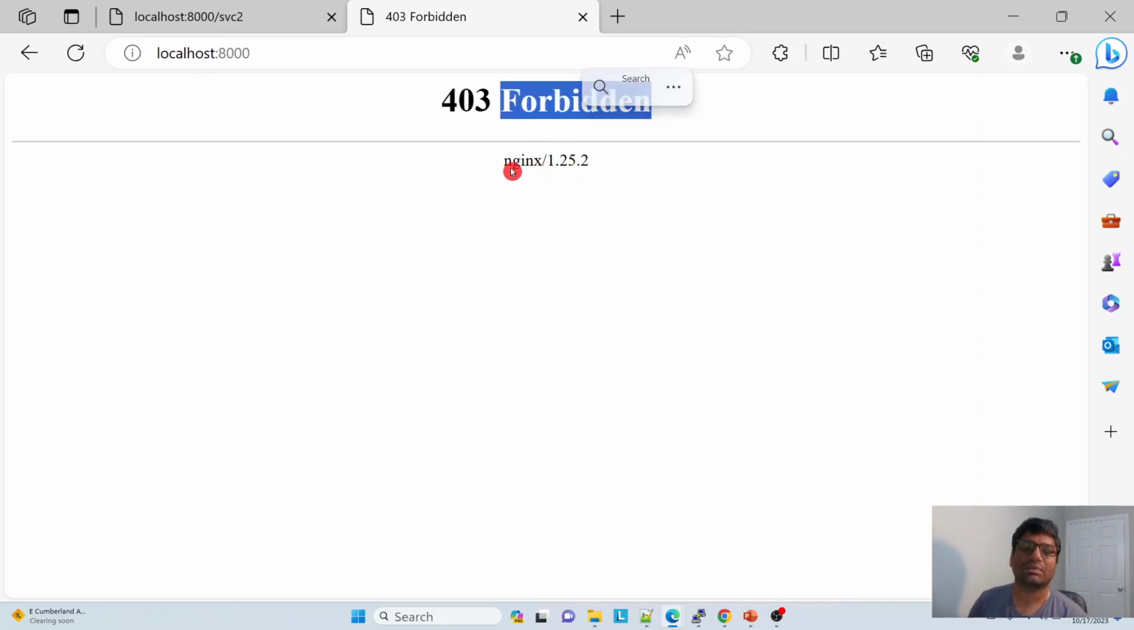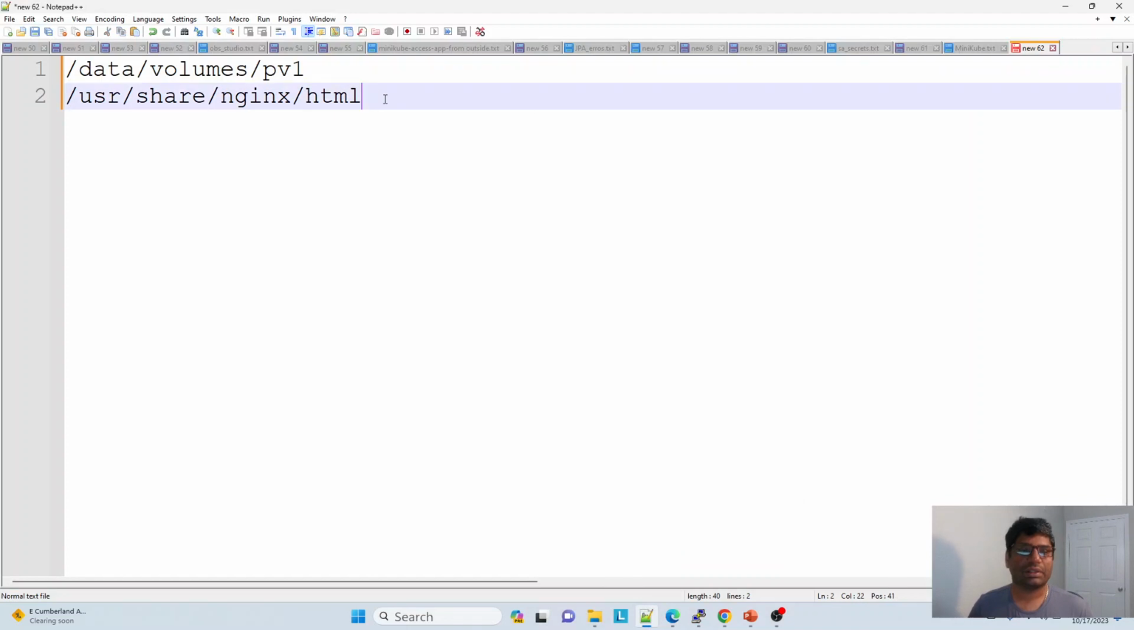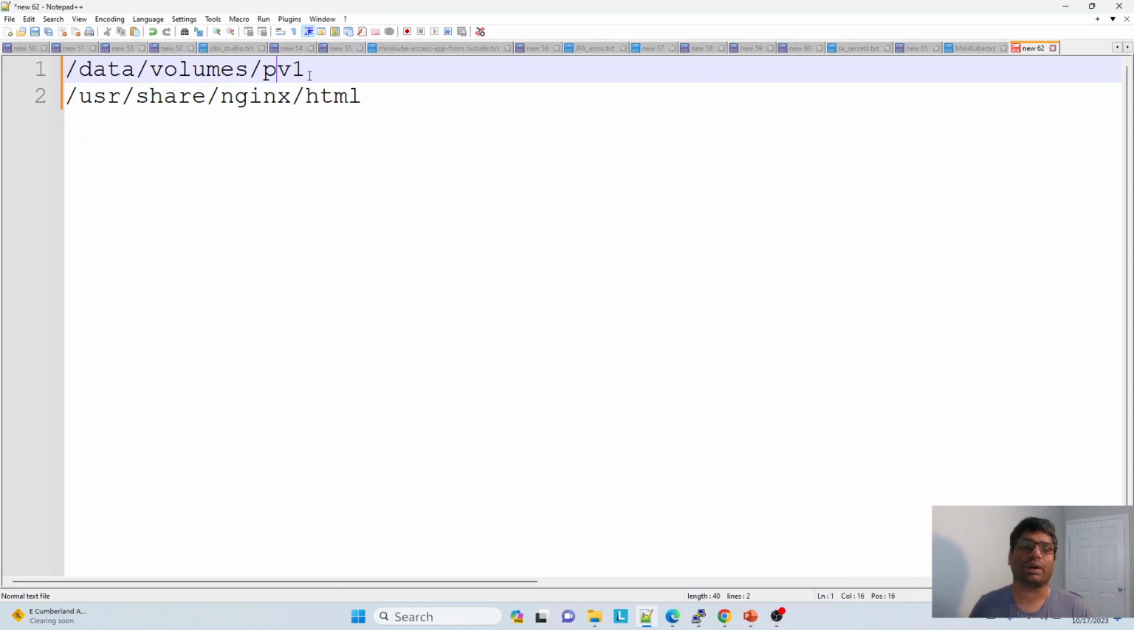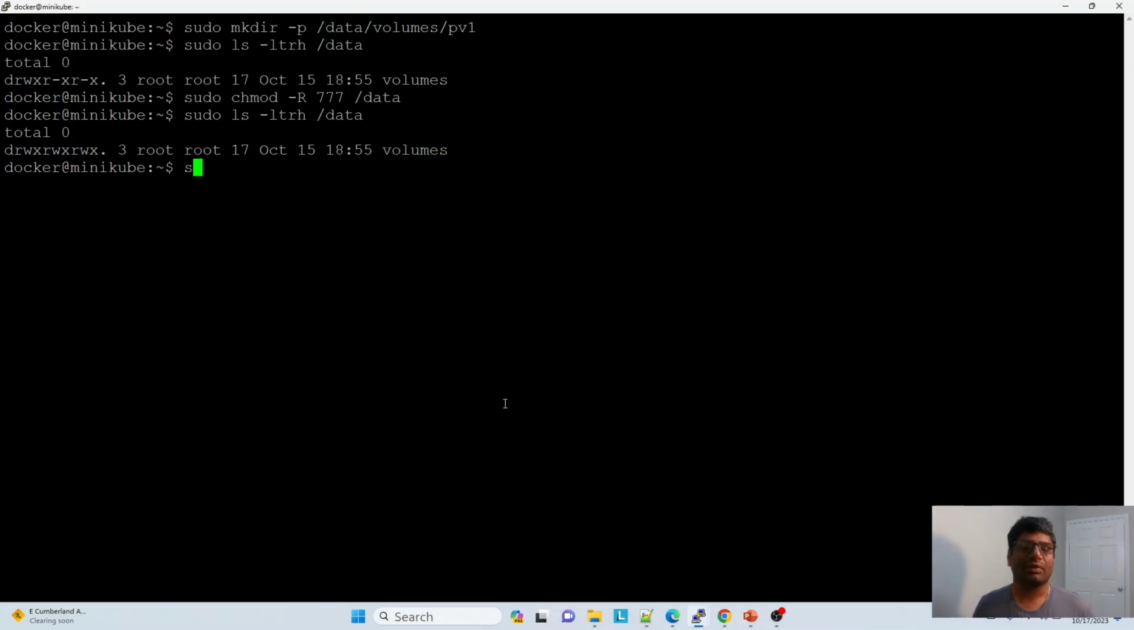The content has been forbidden. This is the Nginx which is running as a pod. Now there is no content. As I said, this is the default location where I'm supposed to place the index.html so that I am able to retrieve it. But the pod is running. I don't want to put it inside the pod. I wanted to keep the data here